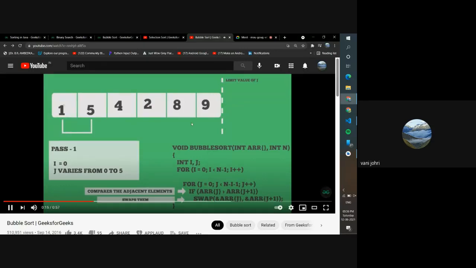The first time it is the end of the array. So the first time we do n minus, over here what is the value of n? It is 1 2 3 4 5 6, n is 6 in this case, and i is going to be 0 the first time. So n minus 0 minus 1 is going to be 5, and this is the index 5, right? So it will run till here.